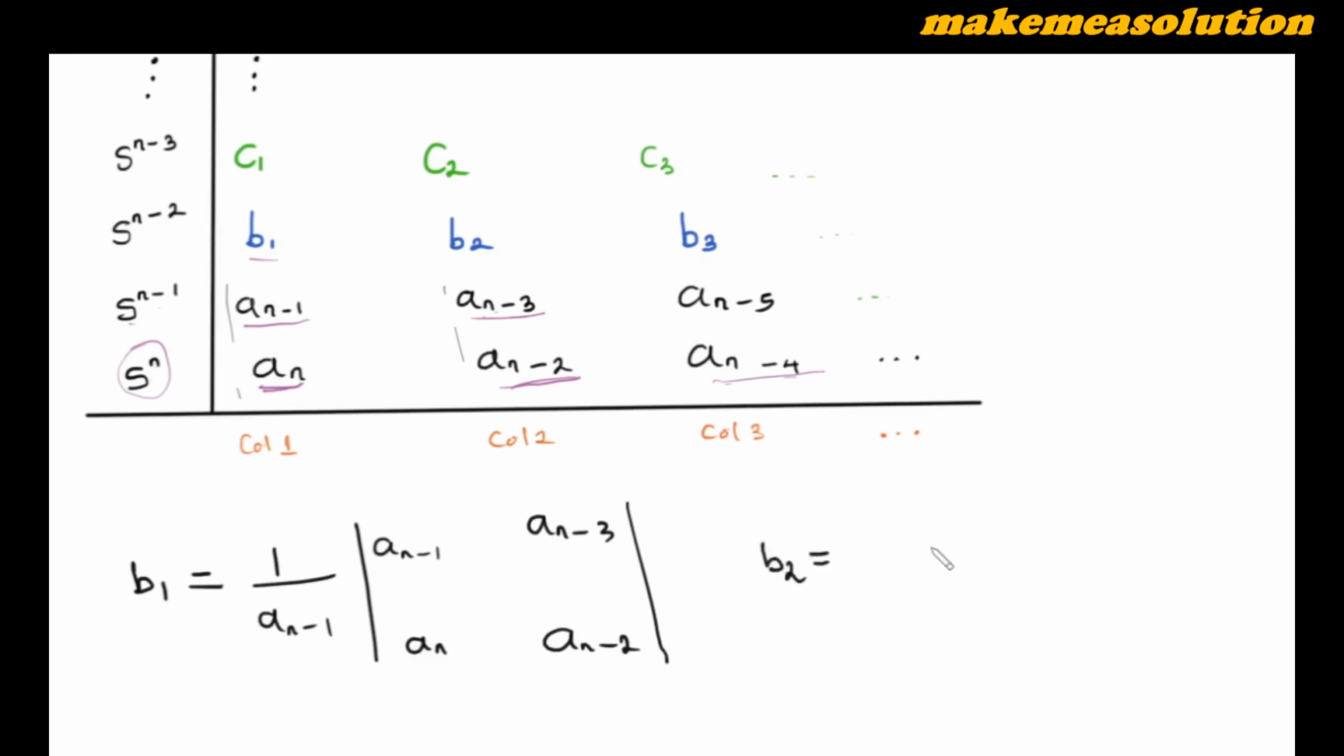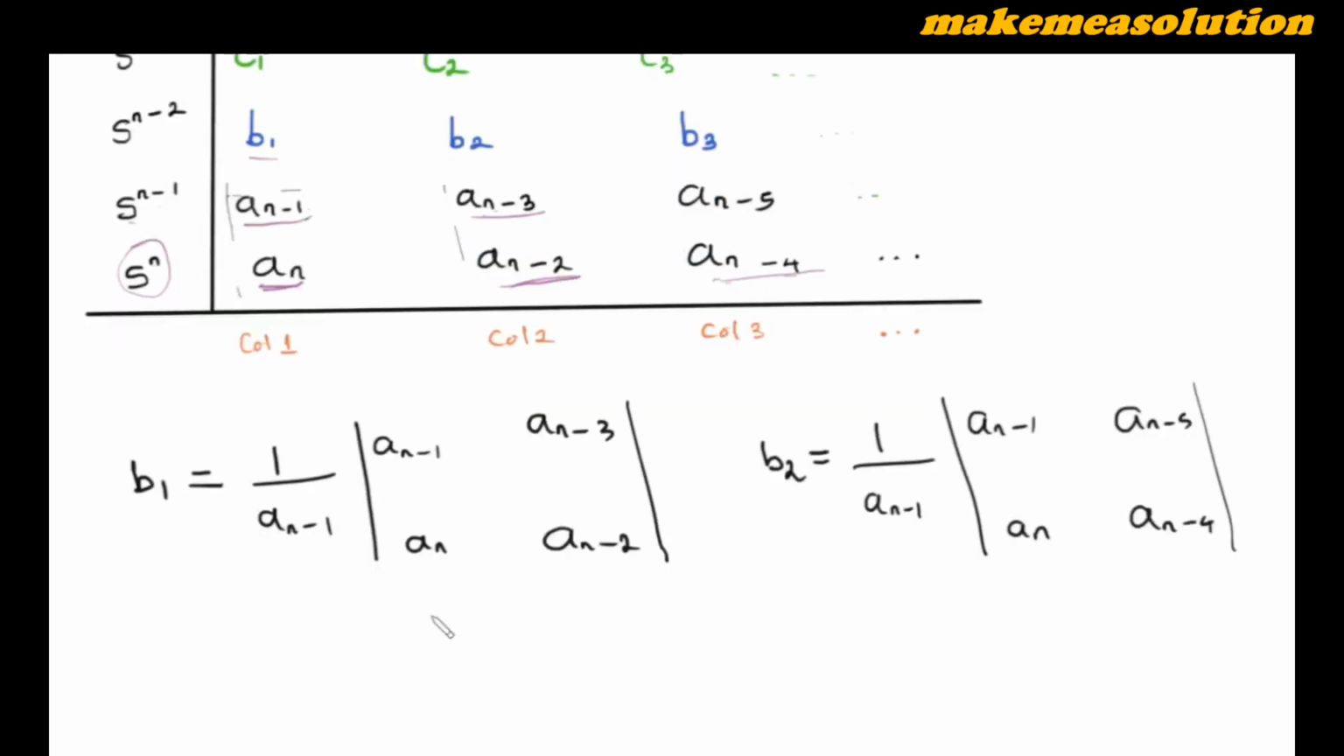So to get our B2, we'll have the same pattern. B2 will still be solved with respect to this term over here. So you have 1 all over an minus 1. Then you now have the determinant is going to comprise of this one again. That's an minus 1 and an. But this time around, instead of using this column here, we're going to use this one here, an minus 5 and an minus 4. So if there are more terms, okay, like if you want to solve for B3 now,